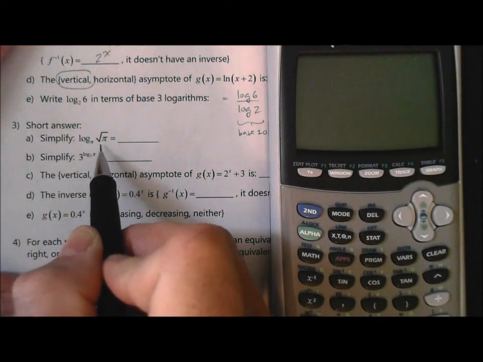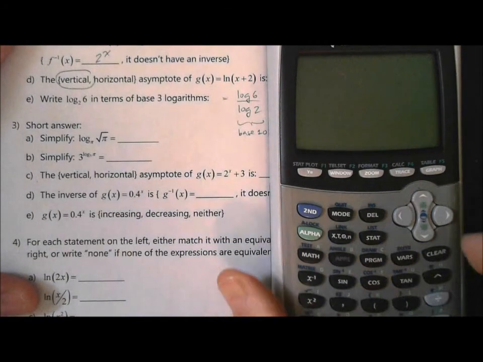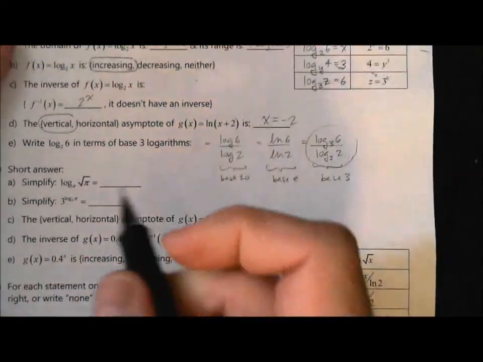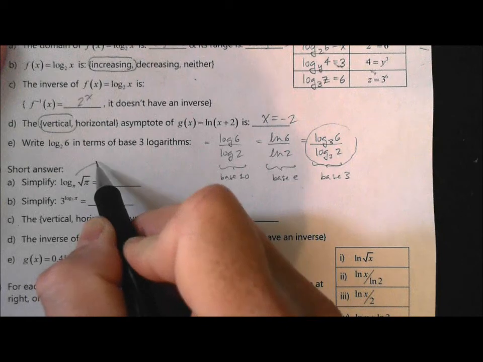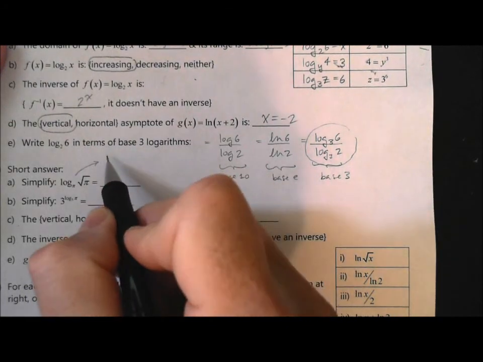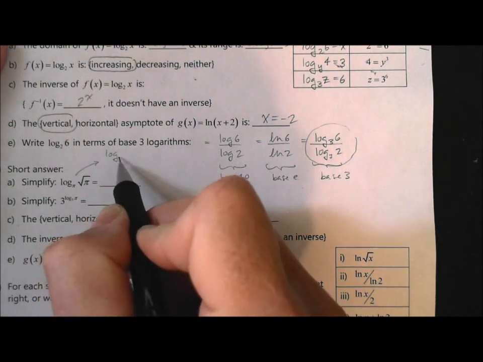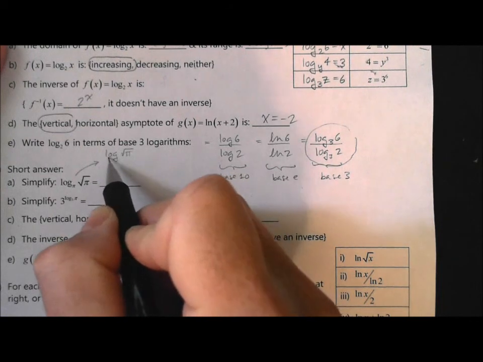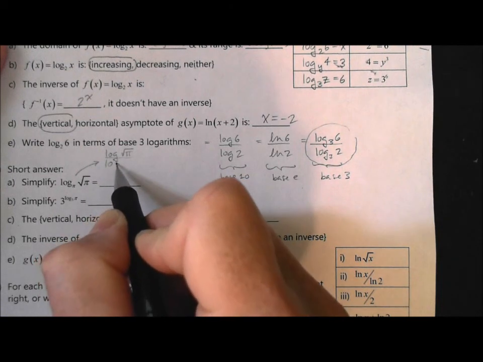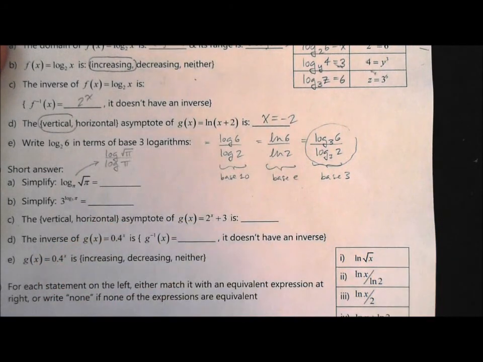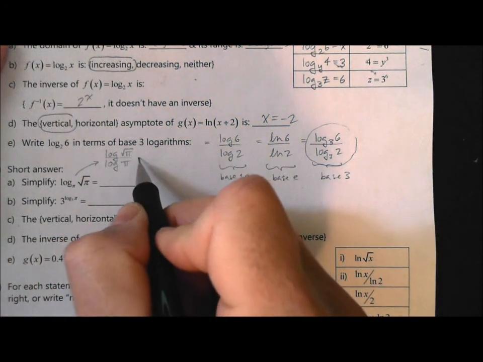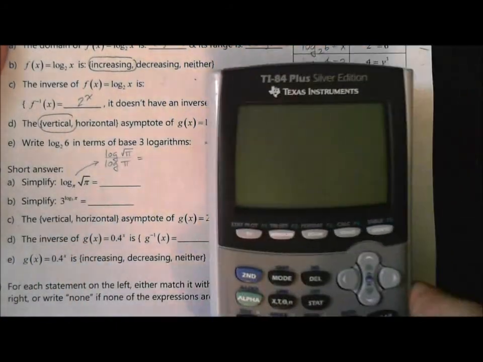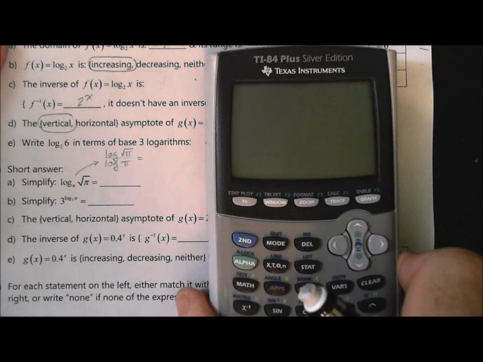to calculate the log base pi of the square root of pi, the hard way would be to say, well, I'm going to need the change of base formula to do it on my calculator. And so this would be, for example, the log of the square root of pi over the log of pi. In our calculator, we could do that. We would type in,